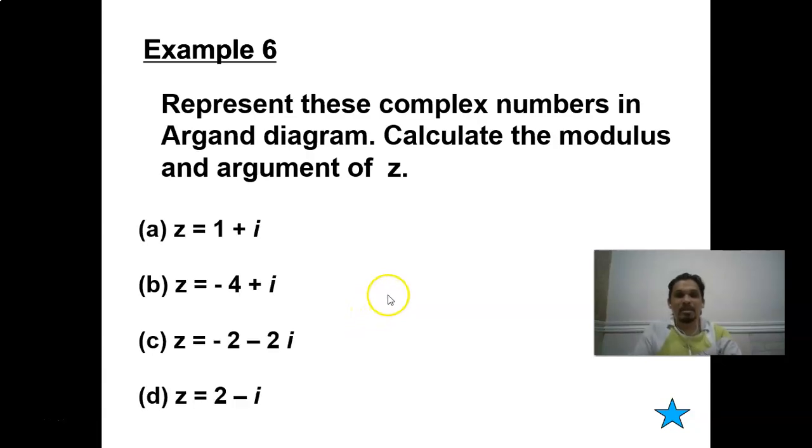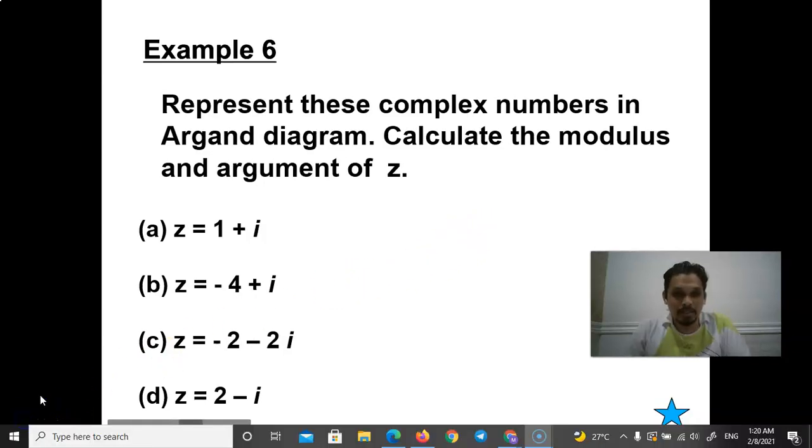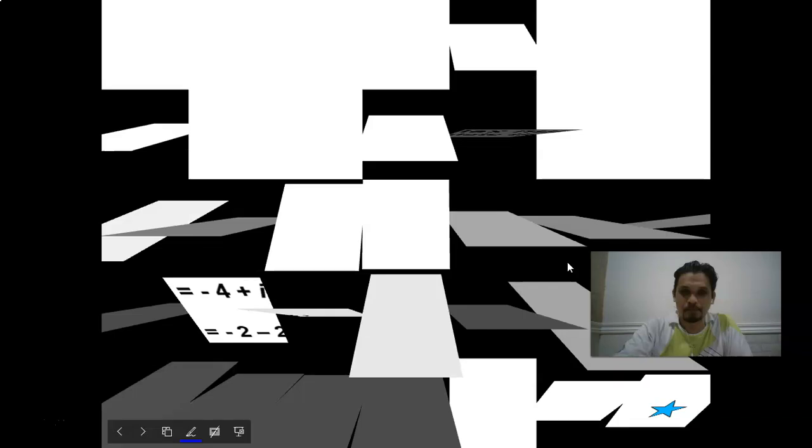Okay. Represent these complex numbers in an Argand diagram. Calculate the modulus and argument of Z. So now, guys and girls, get ready. We are going to analyze and look at what's going to happen to every single example that we see on the screen here, with A, B, C, and D. Okay. So for Z equal to 1 plus i,